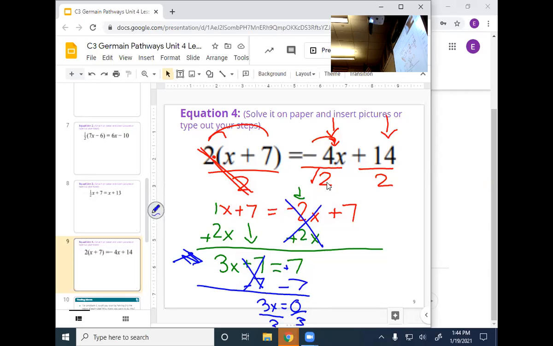Oh goodness, what's 0 divided by 3? Type it in your calculator, what do you get? Avery? Well, 0, type it in your calculator. 0 divided by 3 is, 0 divided by any number is, Brandon? 0. Yes, nice job, Brandon. 0 is equal to